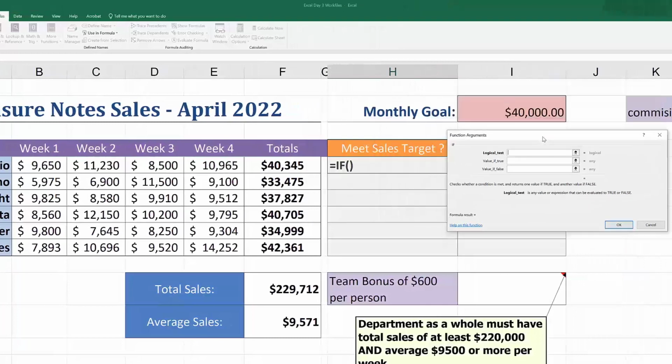Let's put that here for example, and here it is asking us what the logical test is. What is a logical test? A logical test is any value or expression that can be evaluated to be true or false. For example, which value do we need to evaluate to see if this is true or false? The value that we have to evaluate is the total sales for each of the salespeople in comparison with